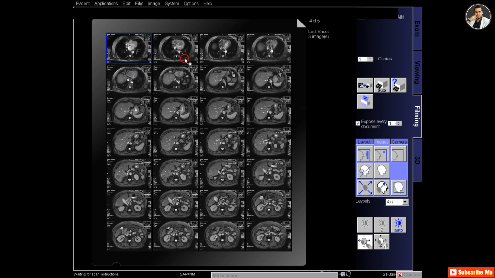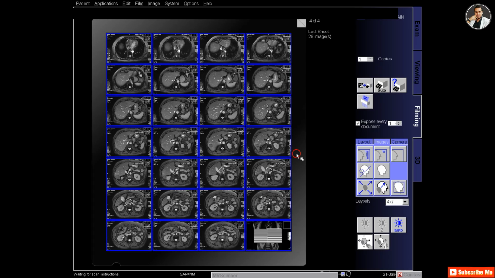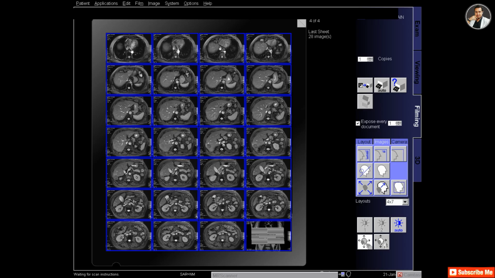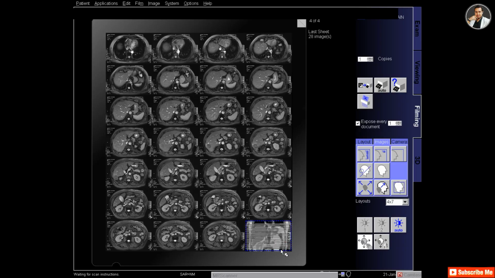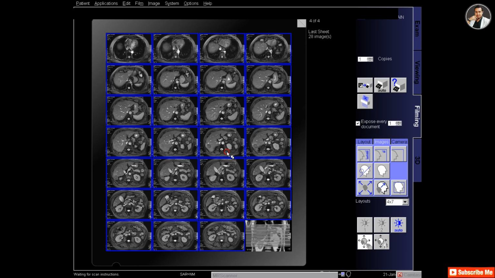And like the previous one, it is in the 4 into 7 layout, so there are 27 axial images and one reference image in the film. Now adjust the reference image and slightly enlarge it so it looks good. So two axial series have been prepared to be printed.